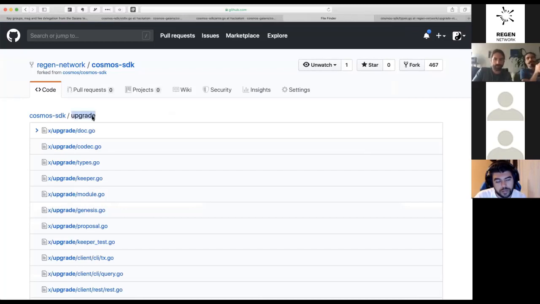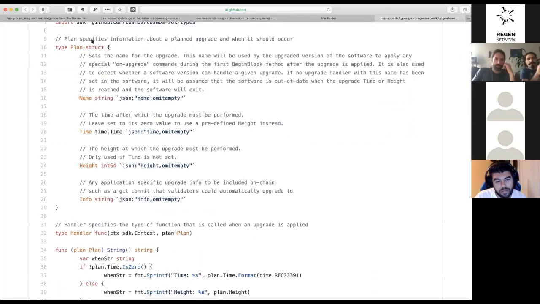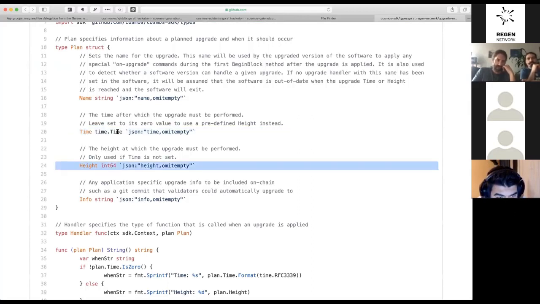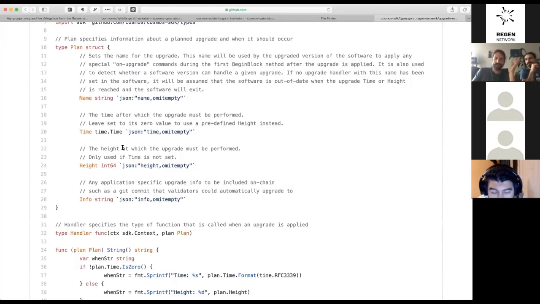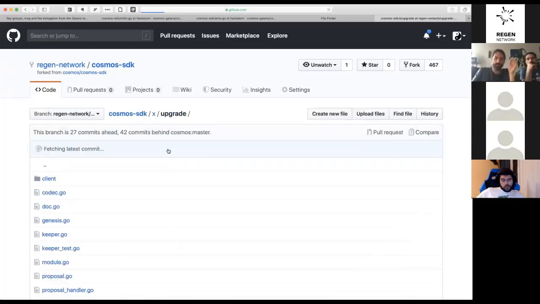So we're thinking of testing an agreed upon time. This is how an upgrade plan looks, and there's a name for the upgrade. There's either a time or a height, and I'm thinking a time would be good. I think it would be good to have the proposal be for, say, 2 p.m. Eastern on Monday, and we could set that time here. And then what this upgrade does is that when the upgrade goes live, when you hit 2 p.m. Eastern,